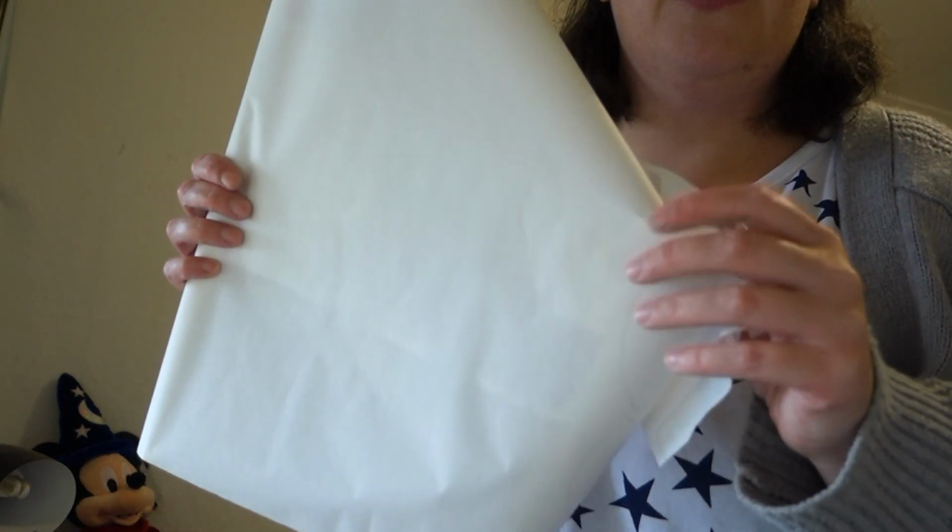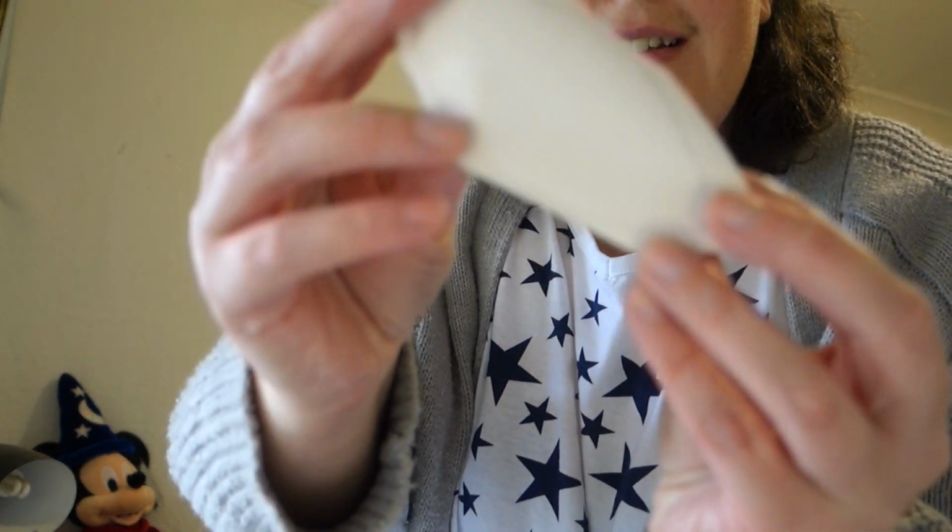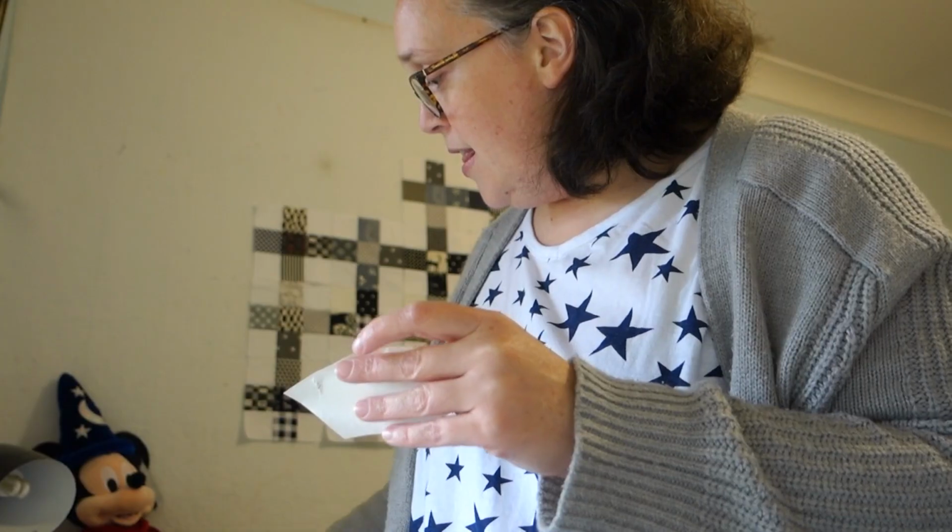So I'm just tracing my little petals with a lead pencil onto the back of the paper. You can't really see it. Then I'm going to roughly cut it out like this, then press it onto the back of the fabric, cut it out, and then apply it onto my gorgeous